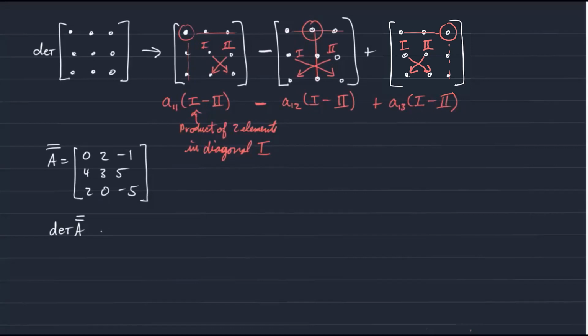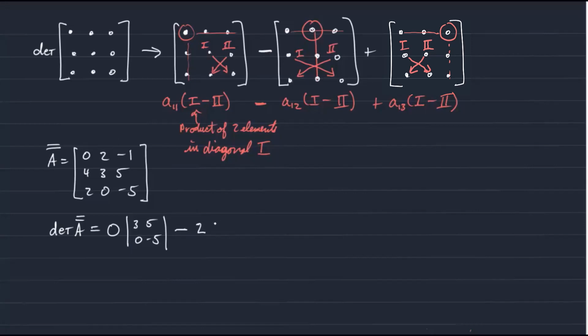So the determinant of matrix A in this case, let me get back to where I am, is equal to, so first we have A11, which is 0, times the determinant of this submatrix, which is 3 times minus 5 is minus 15, minus 0 times 5, which is 0. Actually, let me do an intermediate step. So it's the determinant of 3, 5, 0, and minus 5. And then we have minus